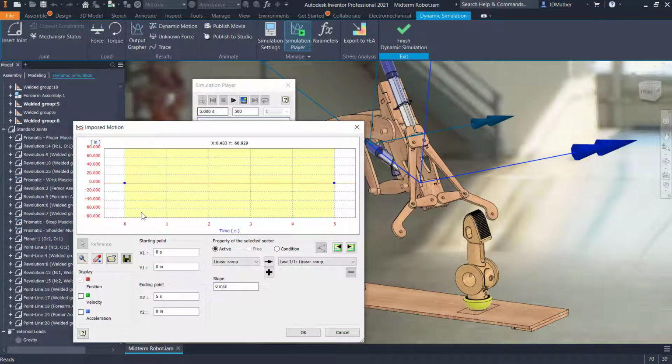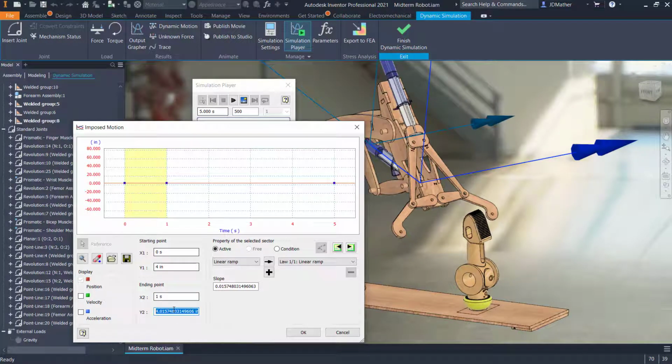click on the input grapher. I'll set the initial position at 4 inches. And again, we rounded that off, it is 4. And then I will create a point at 1 second, and I want it to still be at 4, and